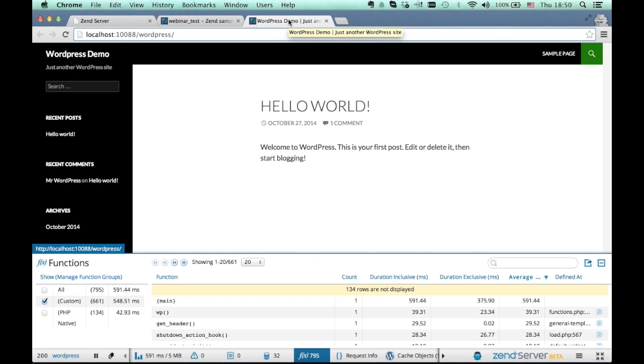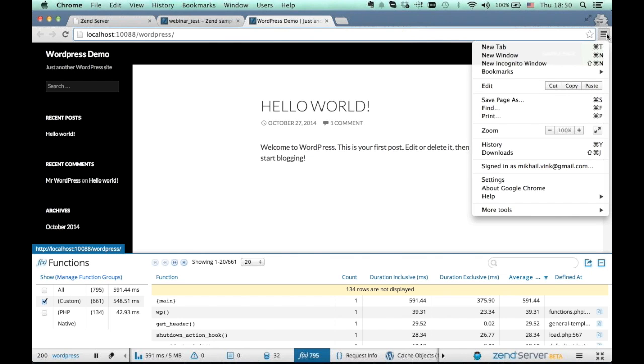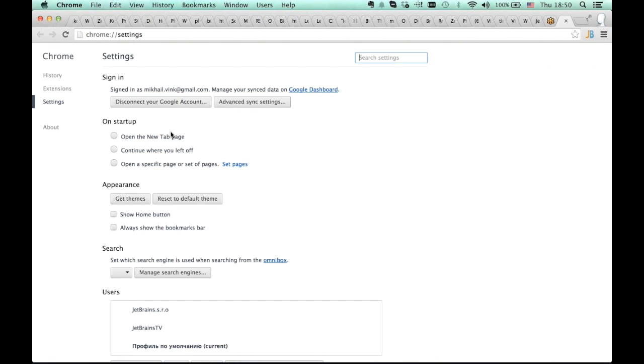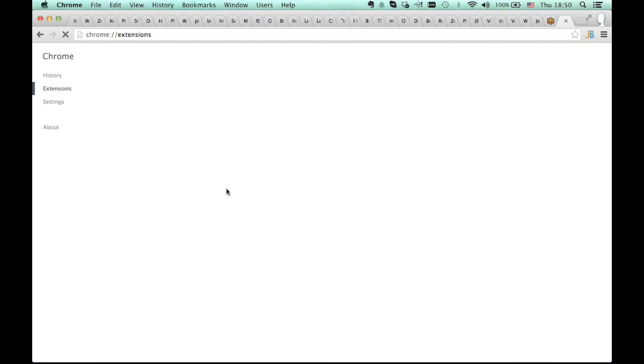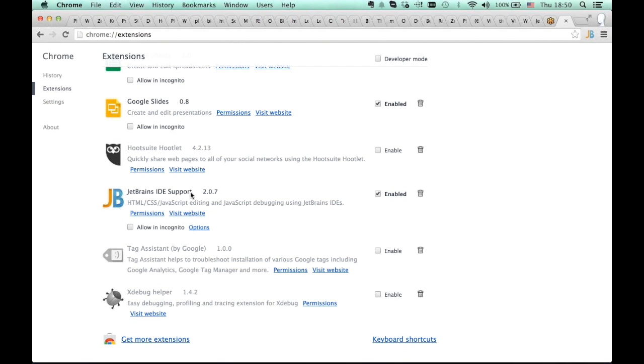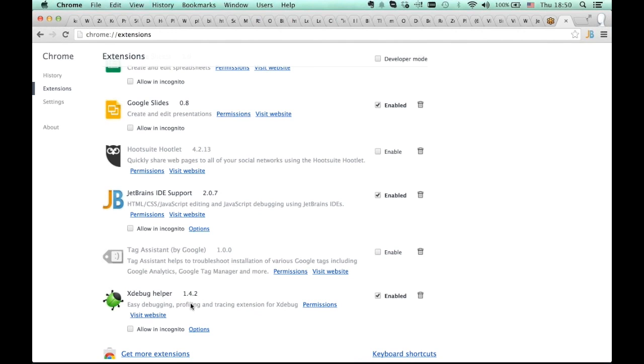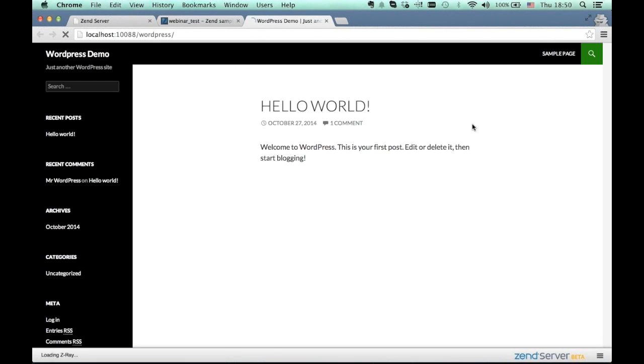So usually, in order to communicate from Xdebug to PhpStorm, we need a special extension for Chrome, for example. I can show you this one, extensions. So yeah, there's, for example, Xdebug helper, which when active,